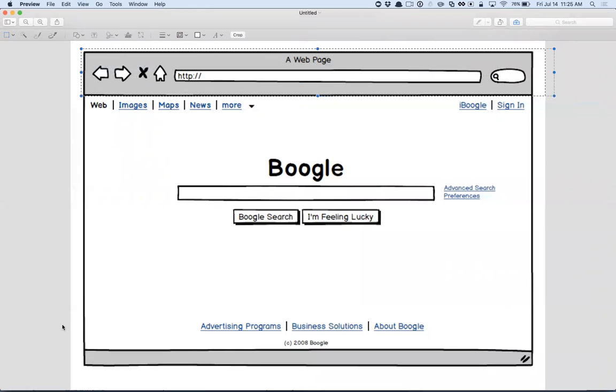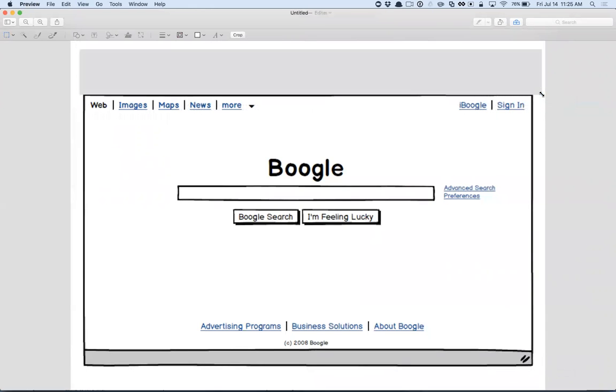I don't need to implement that, and neither is this gray part at the bottom here. So I can forget about that part and think just about my page. Great. So I can forget about that stuff.